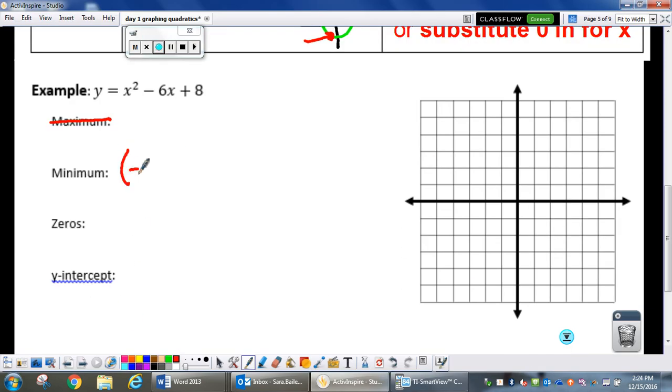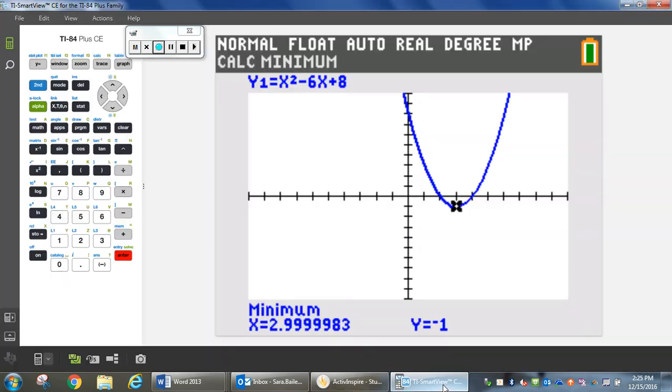So when I am checking these, I'll be checking to make sure that you got the correct minimum. I'm sorry, it's not -3, it's +3. I'll be checking to make sure you got the correct minimum and that you graphed that minimum correctly. So that would be to the right 3 and down 1. Okay? Now I'm looking at my zeros and I see that I have a 0 right about there and a